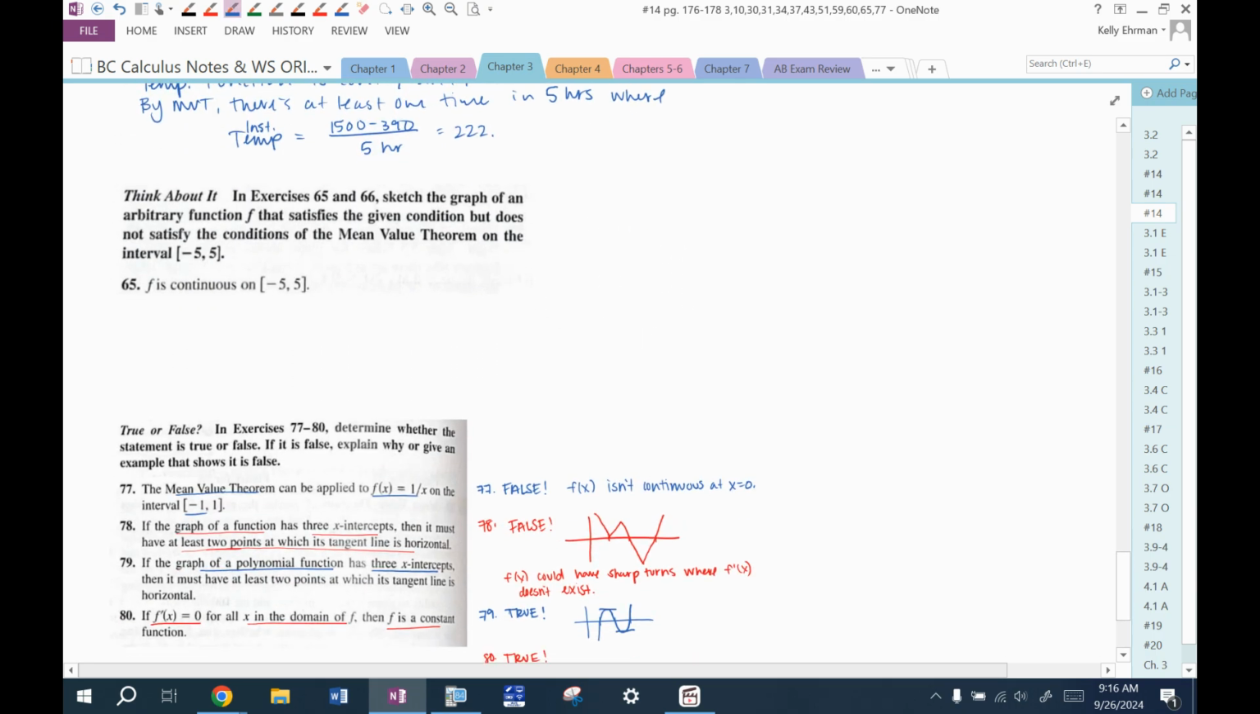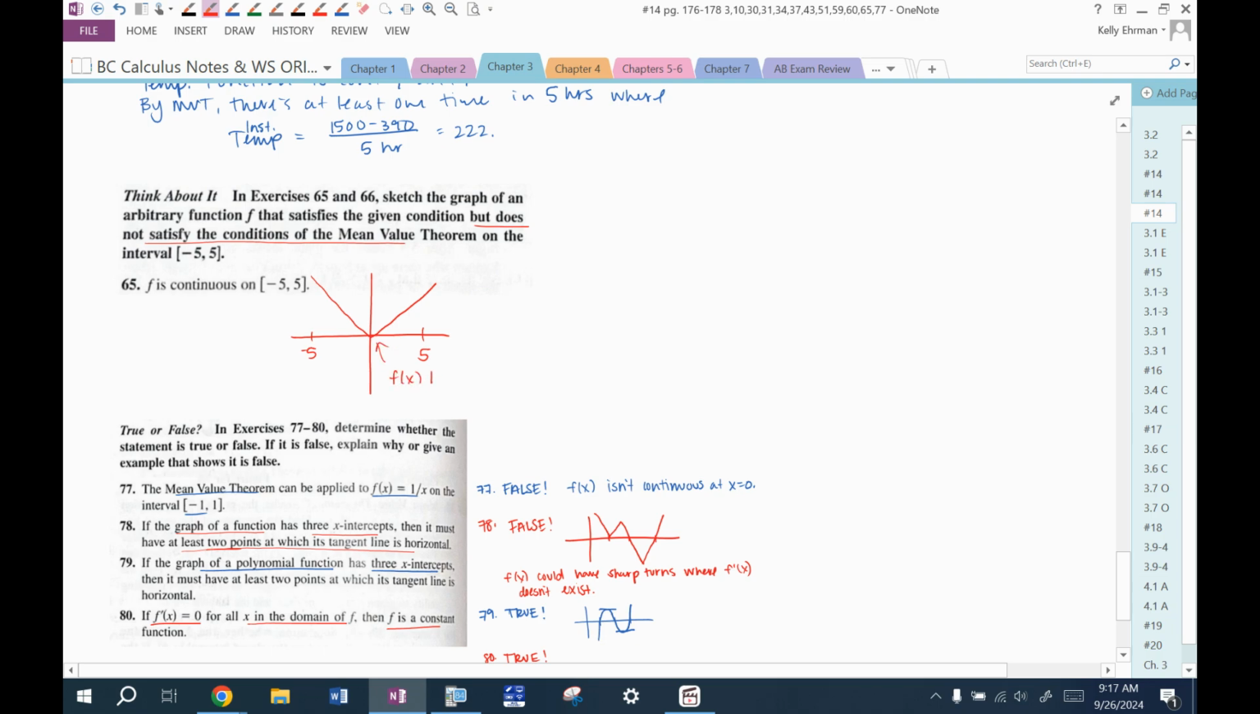Sketch the graph of an arbitrary function that satisfies the given condition but does not satisfy mean value theorem. So we need a continuous function, but it's not differentiable everywhere. To me, that's a sharp turn. So I'm just going to do an absolute value function. Like here's -5 to 5. This graph is continuous, but it is not differentiable. I can't use mean value theorem because at x equals 0,